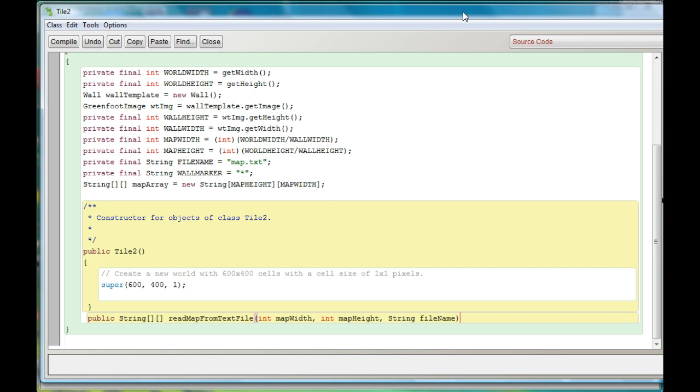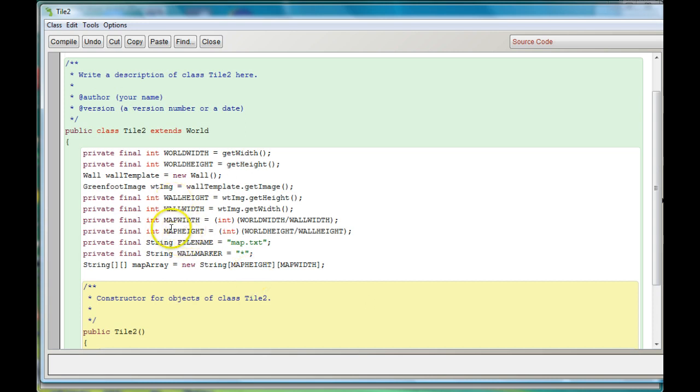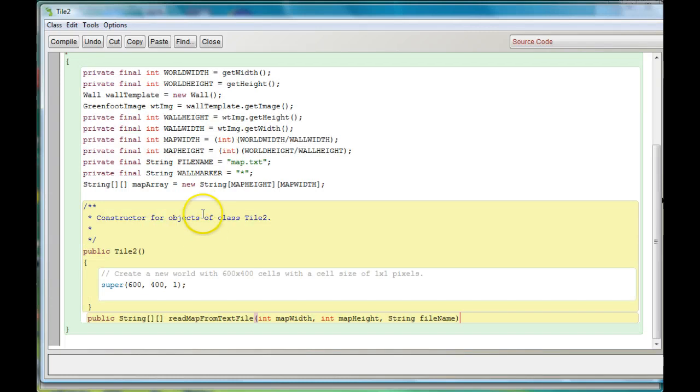Now, if you know a little Java, you might be thinking, these are fields in the class. The file name, map width, map height, they're already there. Why do I need to pass them to here when it could just grab them out of the program? And the answer is because